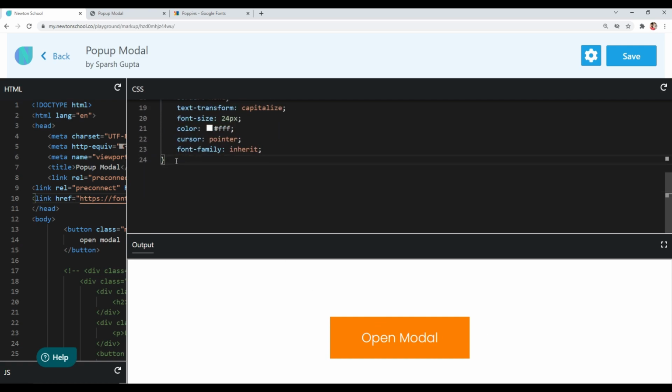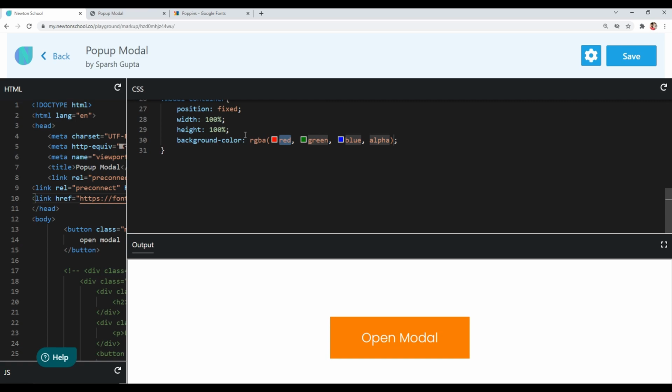Now let's style our modal container. So I will target our modal container. First of all I want to position it fixed, because we want to position it relative to the viewport, and position fixed value basically positions the element relative to the viewport. Okay, so let's now give it width of 100% and height of 100%. I will give it a background color in RGBA format, since I don't want a complete solid color.